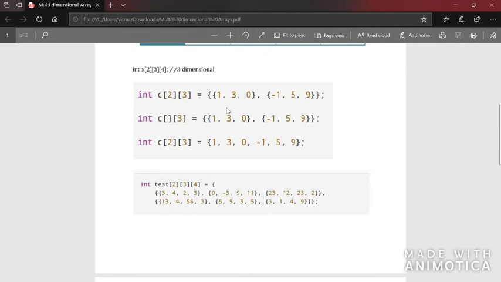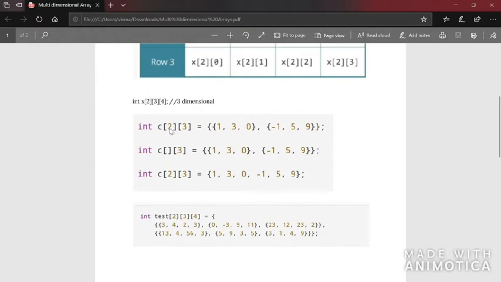Now here are the different array initializations. Here it shows that C is an array of integer data type. It has 2 rows and 3 columns, that is, in one row it can store 3 values. This is one method of initializing a 2-dimensional array. See here, this is the first row and 3 columns: C00, C01, C02. This is the next row: C10, C11, C12. If you have to access this value, you will have to give C[0][0]. Then you will get the value 1.